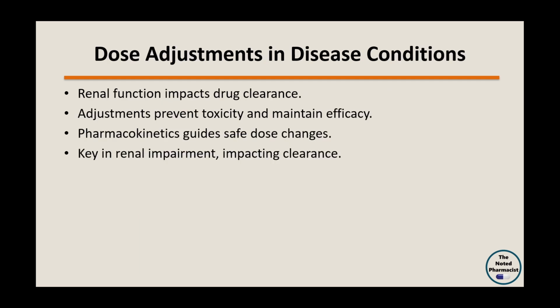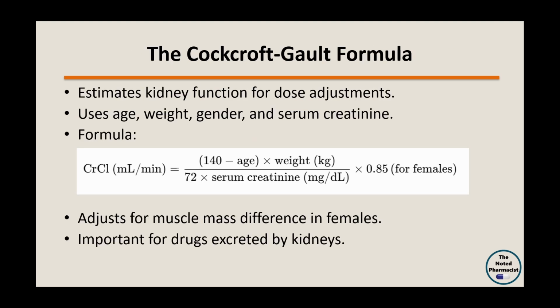When adjusting doses in disease conditions, particularly renal impairment, pharmacokinetics plays a critical role in ensuring drug safety and efficacy. Kidney function directly influences drug clearance, primarily for renally excreted drugs. One method to estimate renal function is the Cockcroft-Gault formula, which calculates creatinine clearance, CrCl, using patient age, weight, gender, and serum creatinine. The Cockcroft-Gault formula is an indicator of kidney function and it is used to adjust drug dosages,